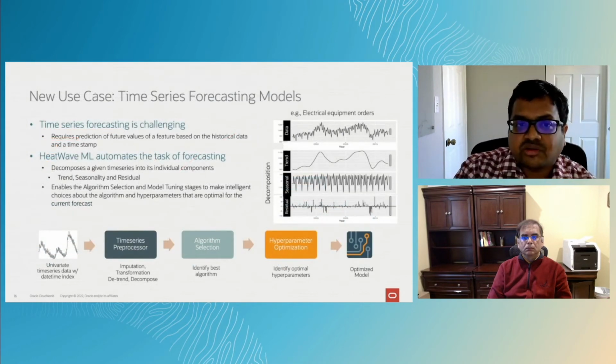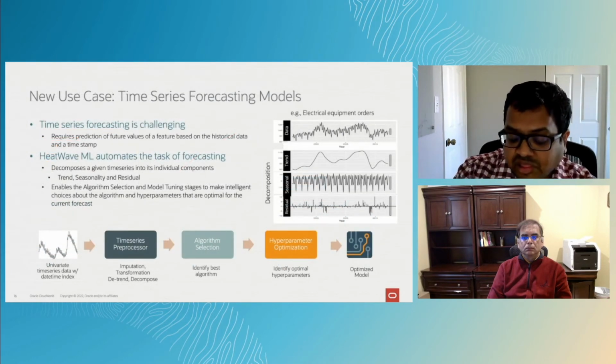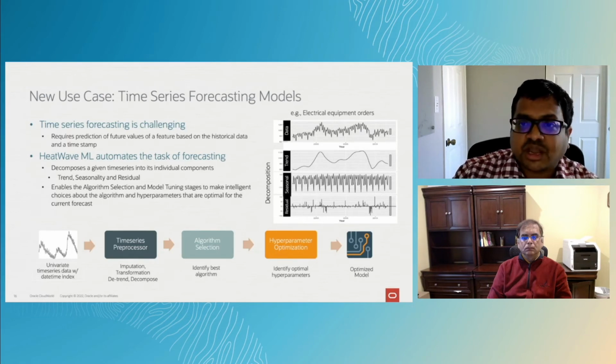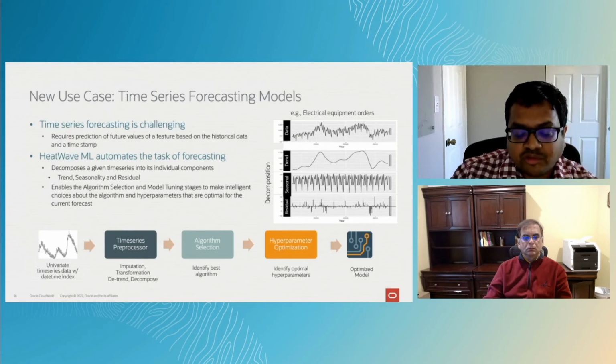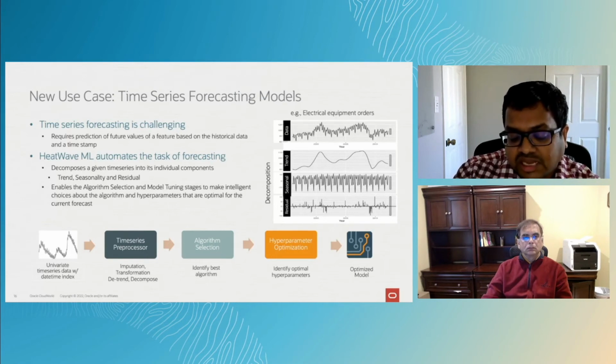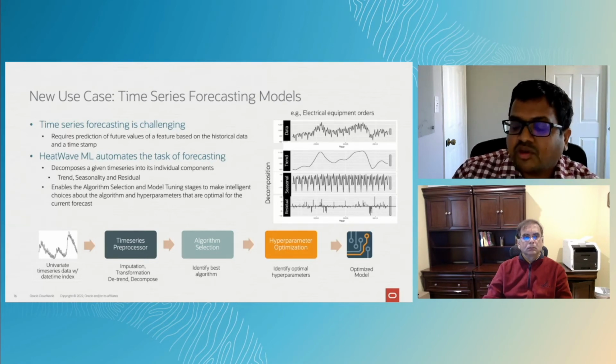Now, in addition to classification and regression models, we have also added the ability to automatically train forecasting models. What is forecasting? Forecasting allows you to predict the values of a particular feature in the future. So there's always a time component involved. To give you an example,